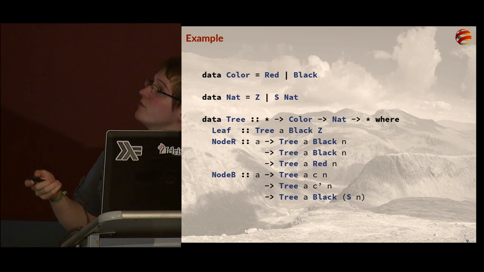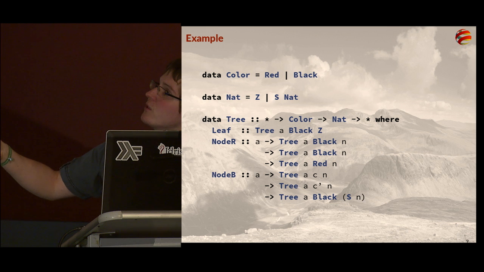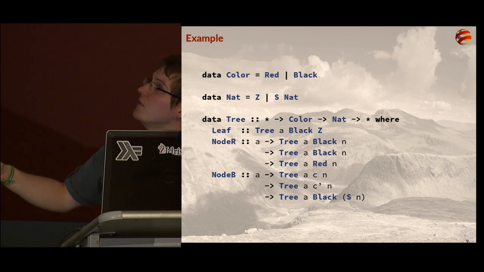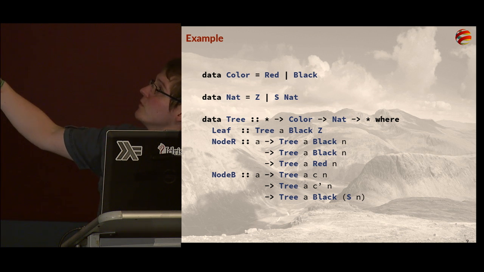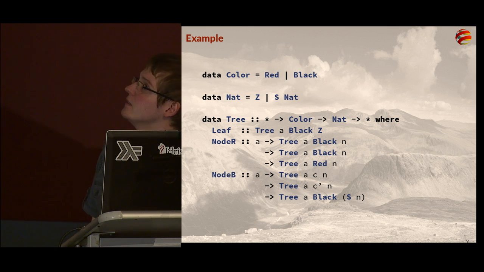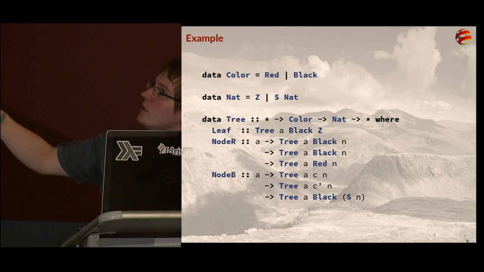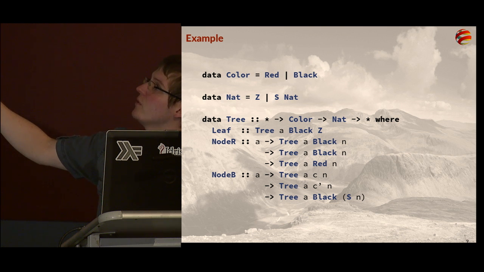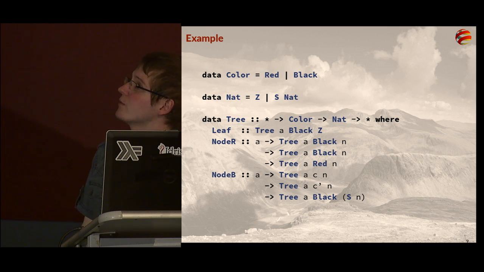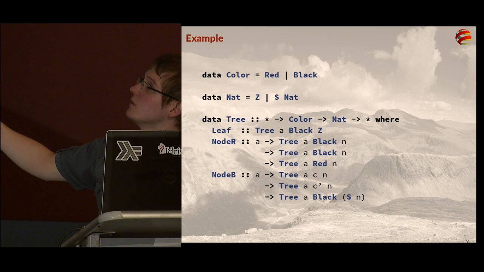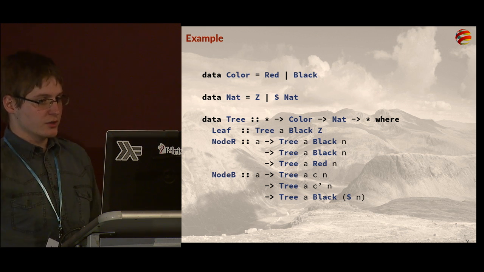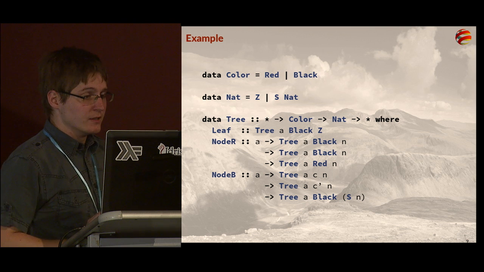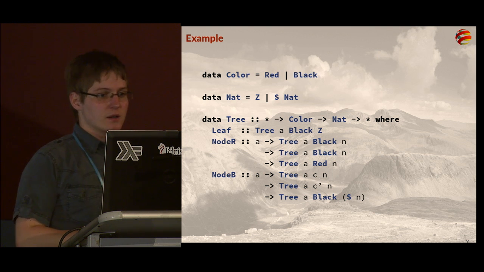So essentially what you can say is I have separate constructors for red nodes and for black nodes. And I also put the depth of the current node in the type, so essentially here the depth. And then you can say, okay, my leaves are always black and they have depth 0, and a red node must have 2 black children, and something like that. So you can actually do that. So there's a problem though.